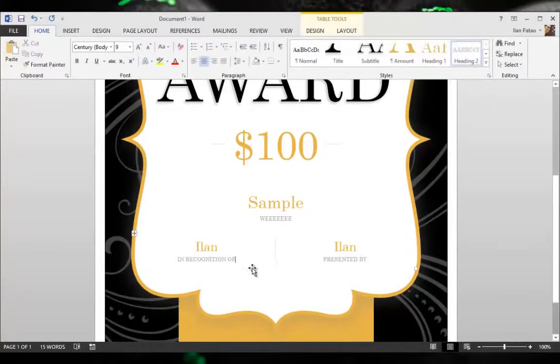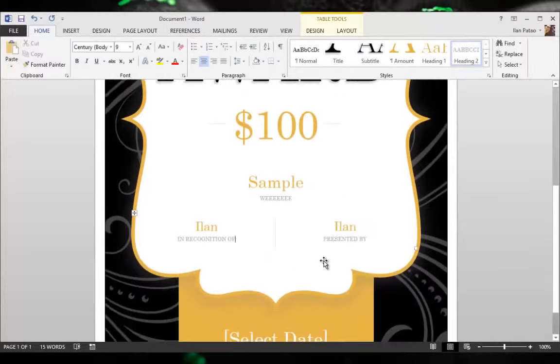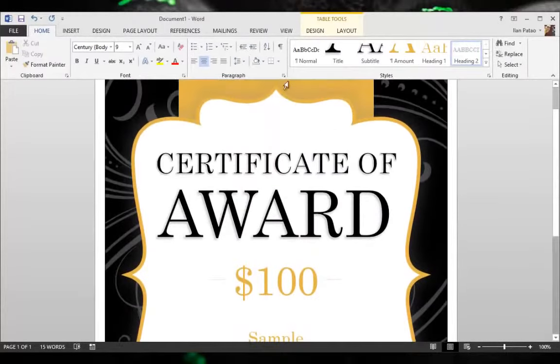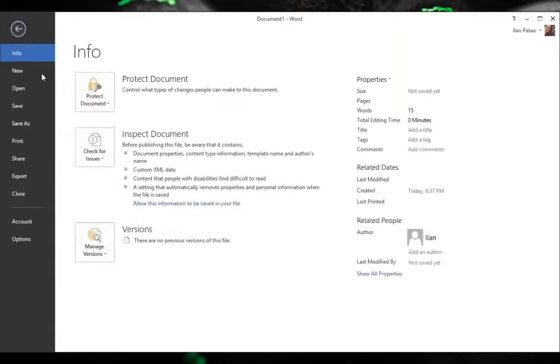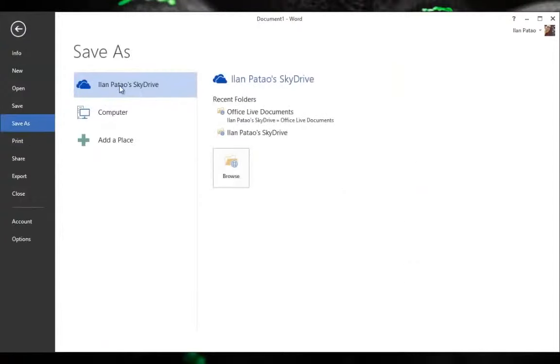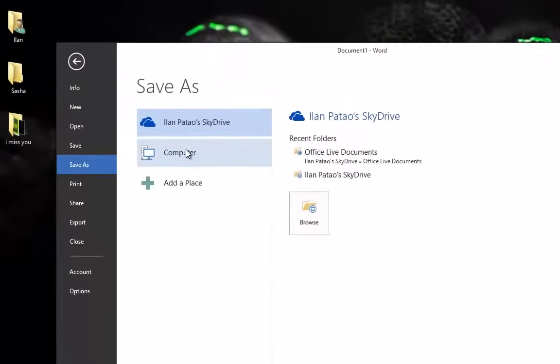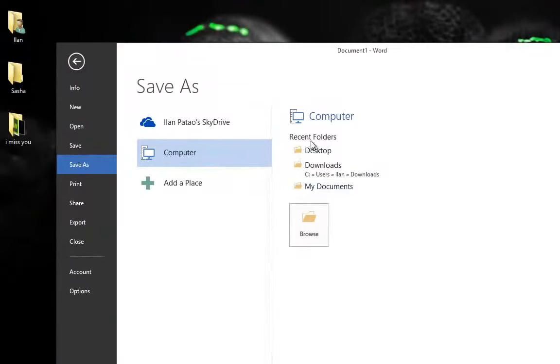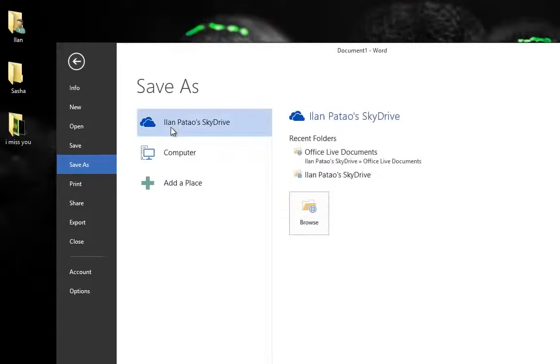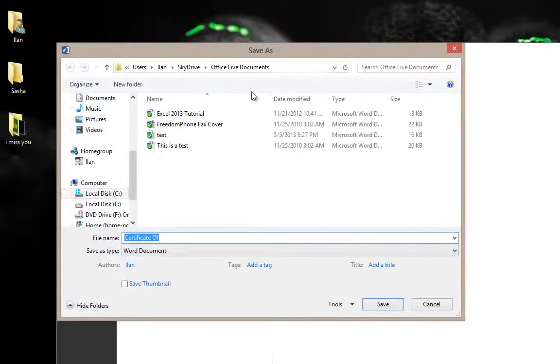Okay, so now I have this file here. Now I'm working and working and working. I can go to File, go to Save As, and right away I'm given an option to save directly to SkyDrive over saving to my computer. I can obviously save to my computer, anywhere I want, to my desktop, to my downloads, but if I go to SkyDrive and go to Office Documents,